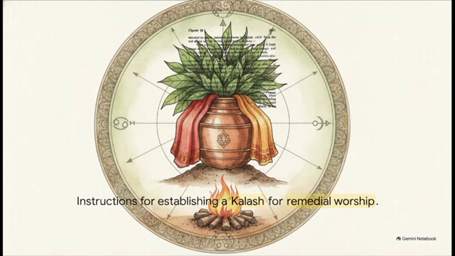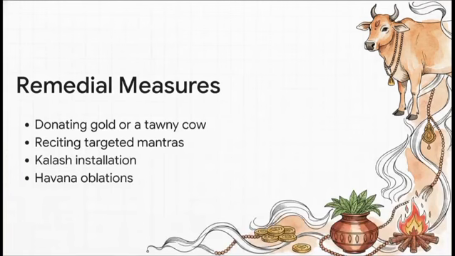You fill it with fresh leaves from 5 specific trees: gular, vata, pipal, mango, and neem. Then you cover it with 2 pieces of cloth. This setup is crucial and precedes a highly dedicated havan, or fire ritual. Now we have to understand that these aren't merely symbolic gestures. They are calculated functional astrological countermeasures designed to alleviate adverse bhav effects.